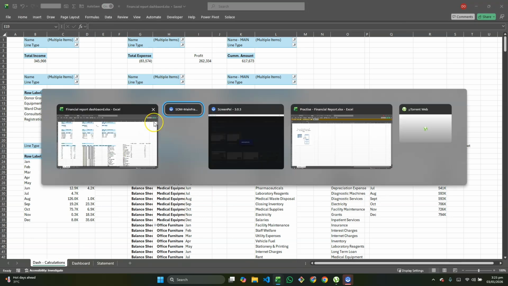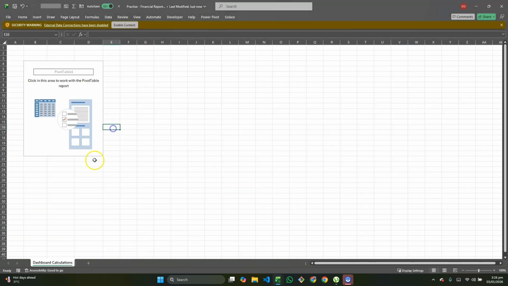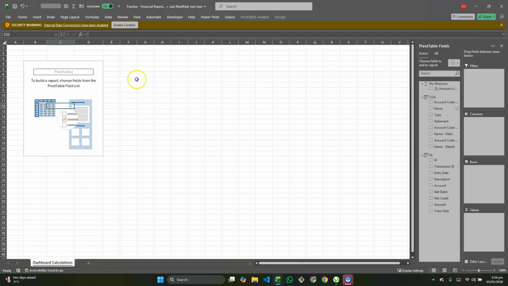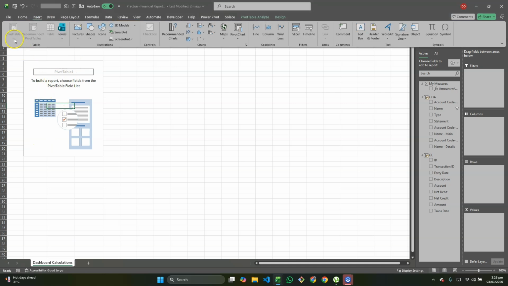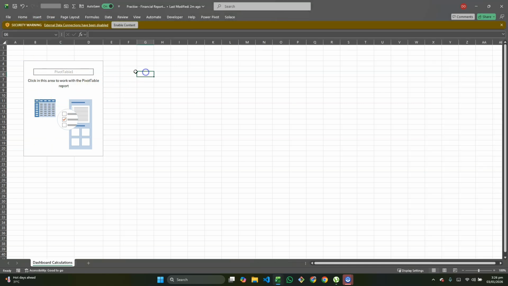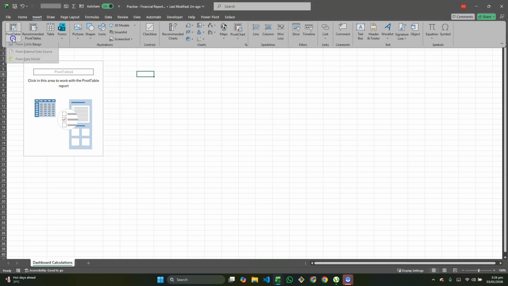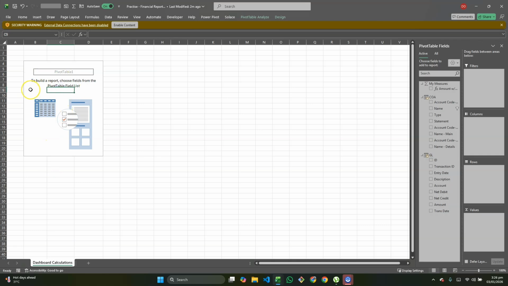dashboard. So let's come here to our sheets over here. I just have only one sheet over here. I've named it dashboard calculation. So what you want to do is, in the same sheet that you had where you created your data model and everything, you just need to clear or delete all the other sheets and just rename this as dashboard calculation and bring in a pivot table, right? So to bring in a pivot table, you just go to insert, then you come to pivot table, and then you select from data model, which is an option now. And you're just going to create a pivot table section for you that is connected to the